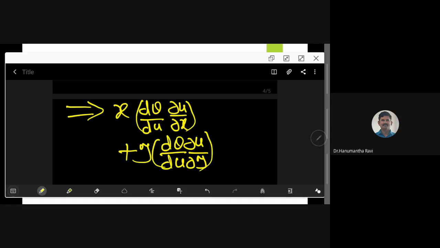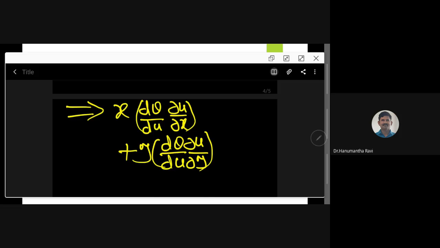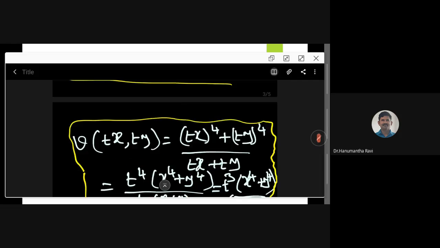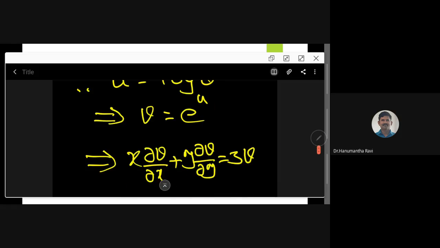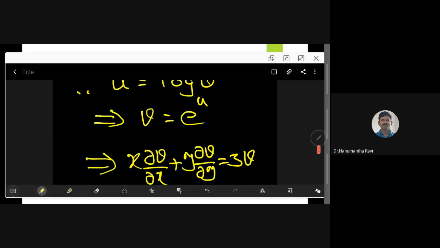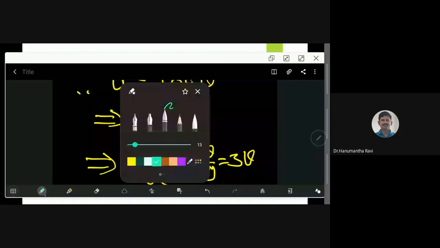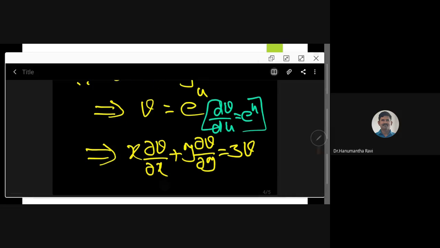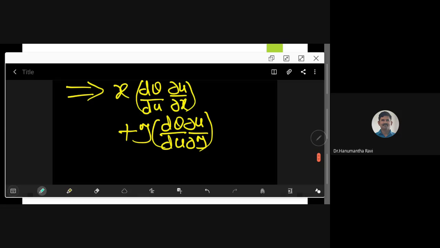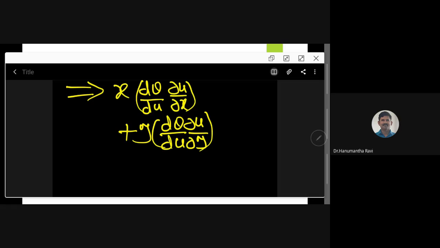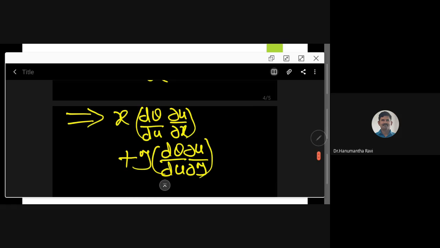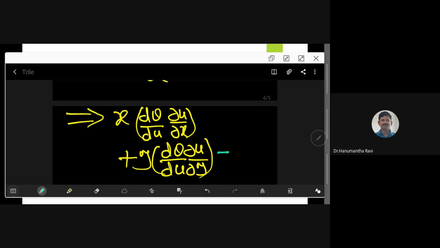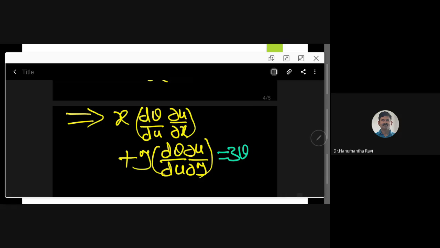So now what is dv/du? dv/du, that is the ordinary derivative, is already here. If you want dv/du, here it is the same as e power u. So this is now equal to, you see in the top you have 3v, that we need to write, that is equal to 3v. So that implies,